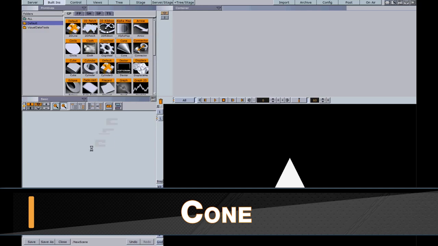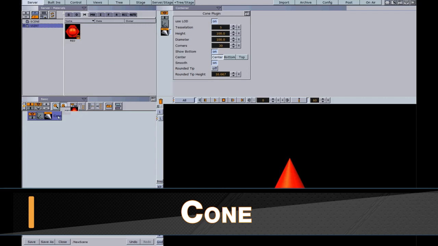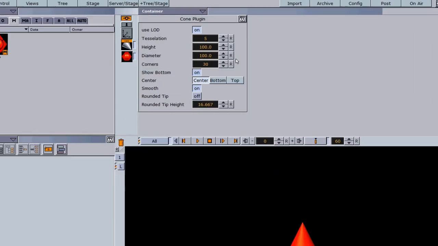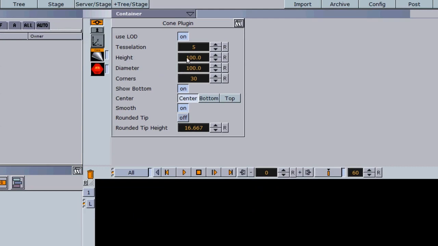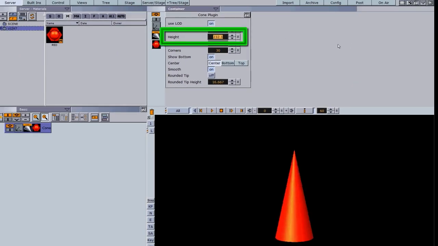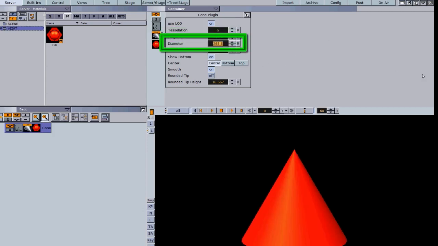The cone object is another 3D object, so I'm going to drop a material on it so we can see the shading a little bit better. And when I click on the cone icon and go into the cone editor, what we are presented with is the height. So I can adjust the height right here, and also the diameter, which increases the width or circumference